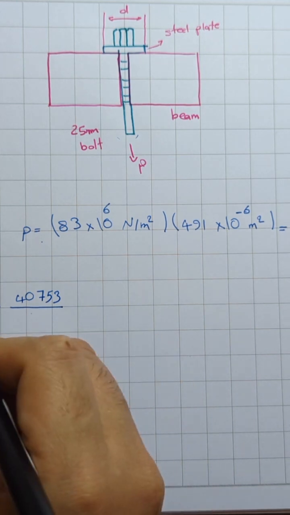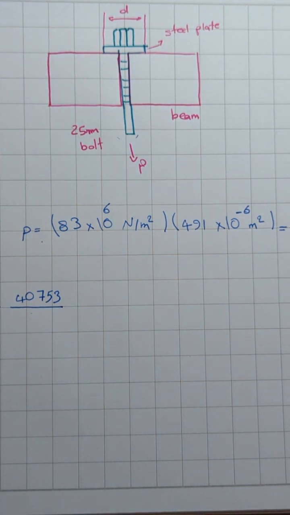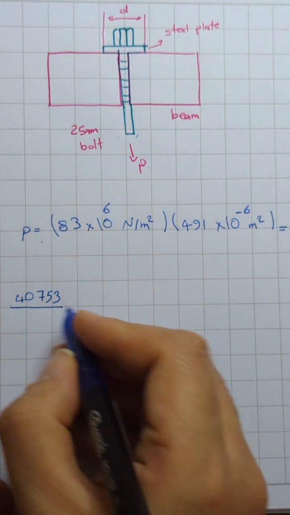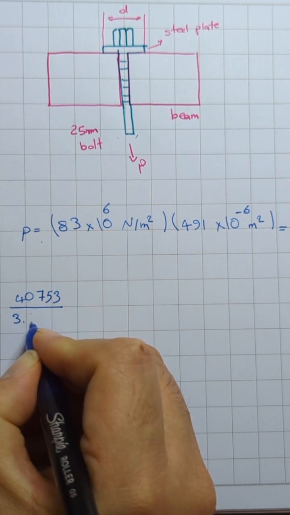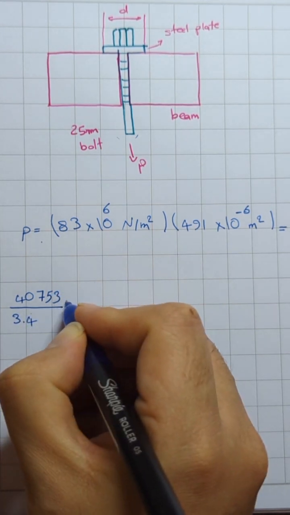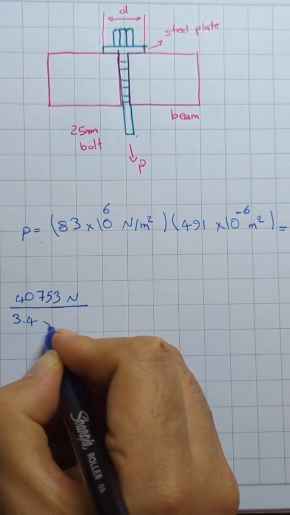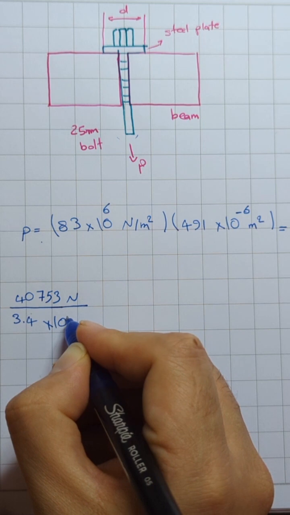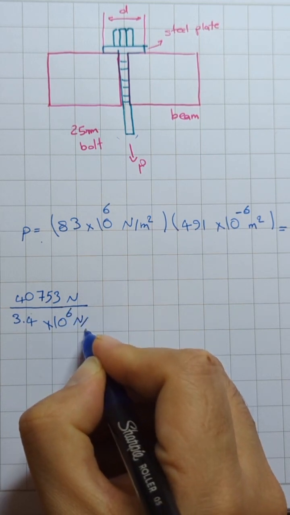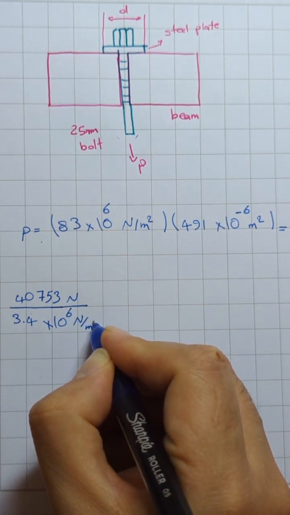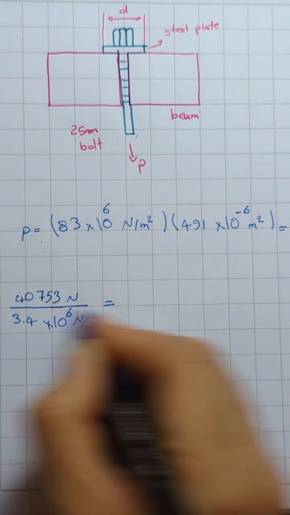40,753. And how much is our sigma? In the question, it indicates 3.4 megapascal. So 3.4. Since this is Newton, we have to convert it to Newton meters, 10 to the power of 6 Newton meters. The answer is